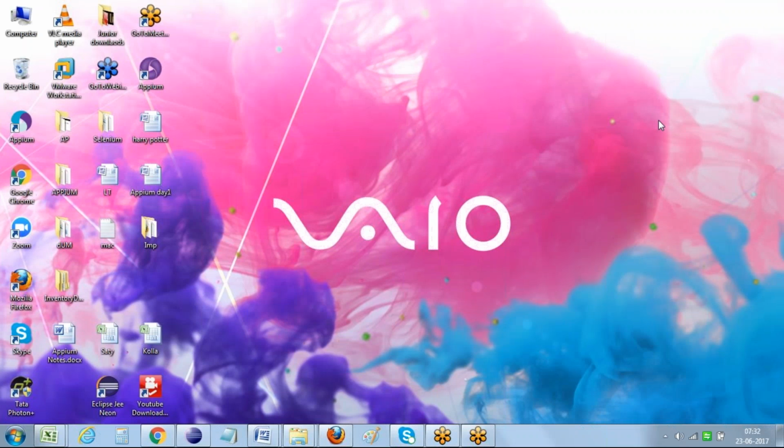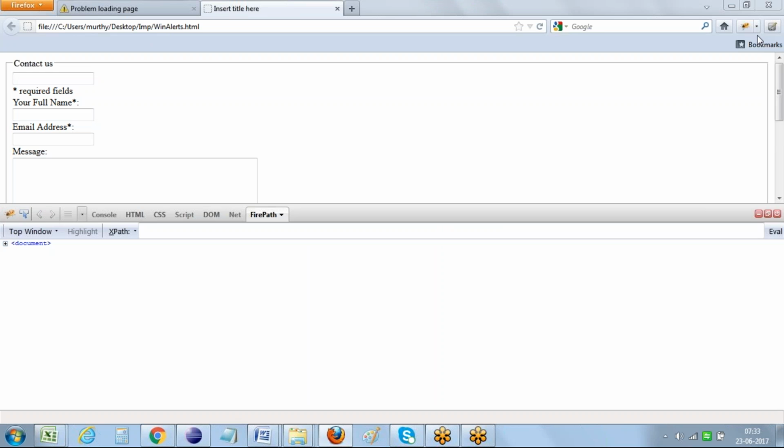Here is either a simple alert, a confirmation alert, or a prompt alert. Whatever the alert might be, we can simply handle it just by switching into it, and we can perform operations. Suppose whenever we are working on an application and we come across these kinds of